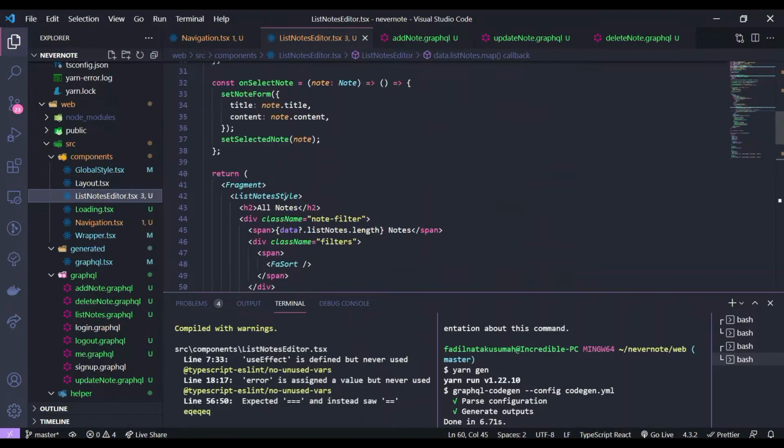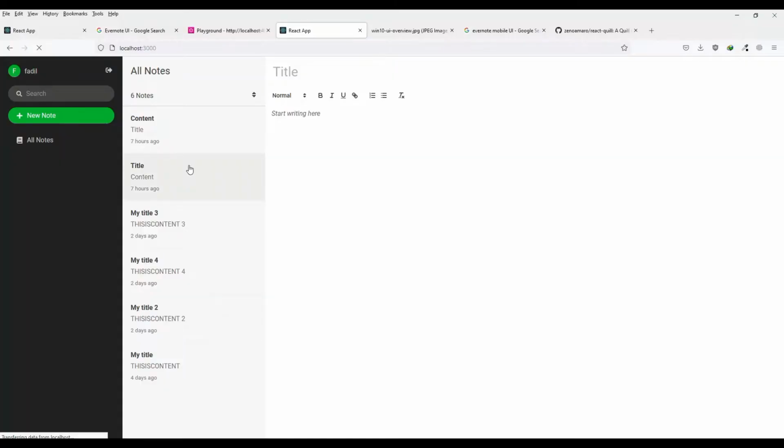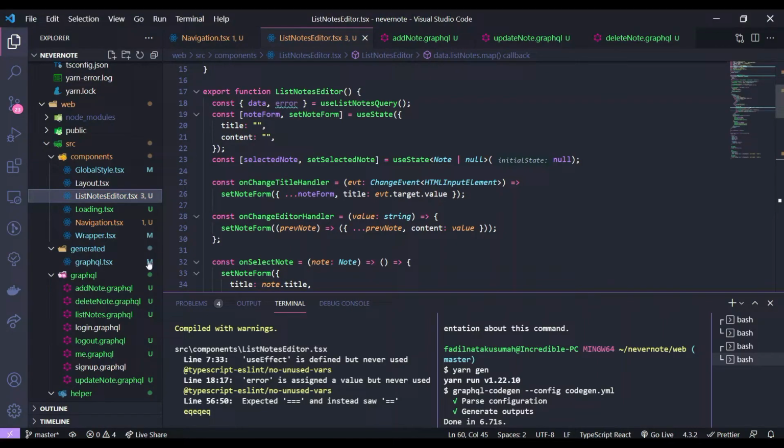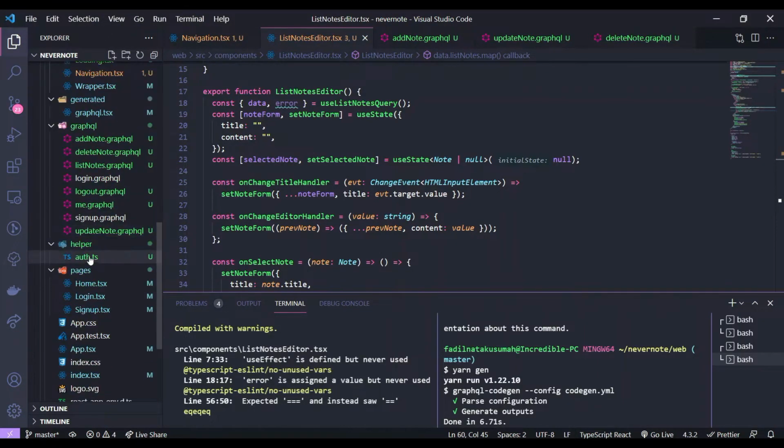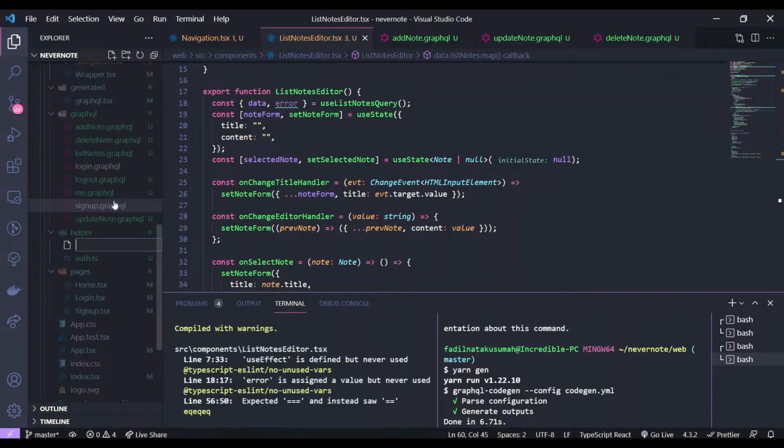Here we want to update every time we change the content and the title. Okay, but we don't want to hit the server every time we type, so we're gonna make a debounce function for this. Let's make it in helper. Do this